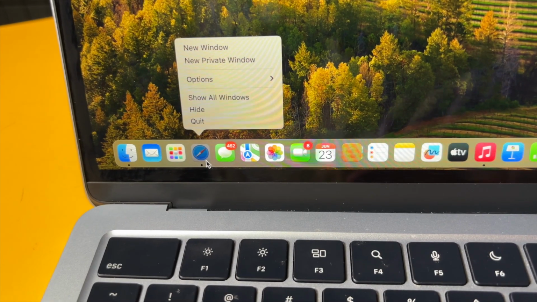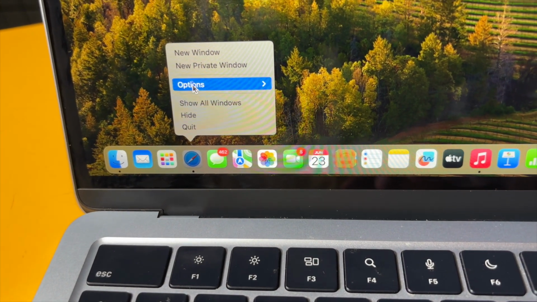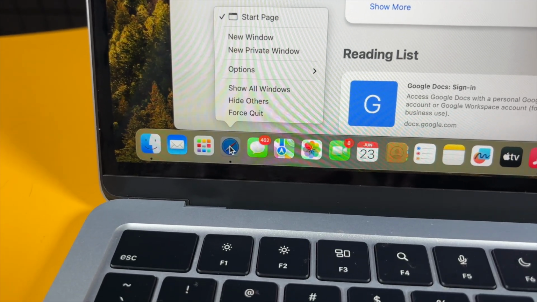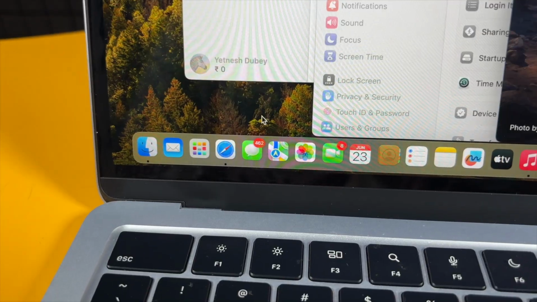And finally, at number 20, and since I said 20 plus tips and tricks, so in this final 20th tip, I will tell you not one, but 3 tips and all are related to the Option key. Firstly, right click on any open app and press Option. Then you can easily force quit any application which is stuck or not responding.